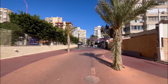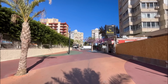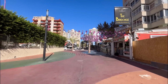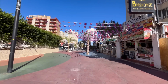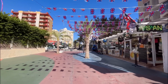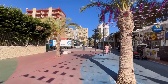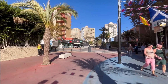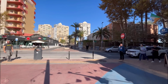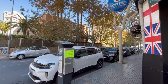So as you can see, there are a lot of different properties, a whole lot. Some of them already are sold with a touristic license, some of them without it. Just need to check it out, and depending on what you are potentially looking for, you might be purchasing a property that has the license already, so it allows you to rent it ASAP and put it on the market directly through some agency or on booking.com, Airbnb, run by someone here in Spain if you do not plan on living here just yet, while you will be receiving all the income as an investment from this very property,